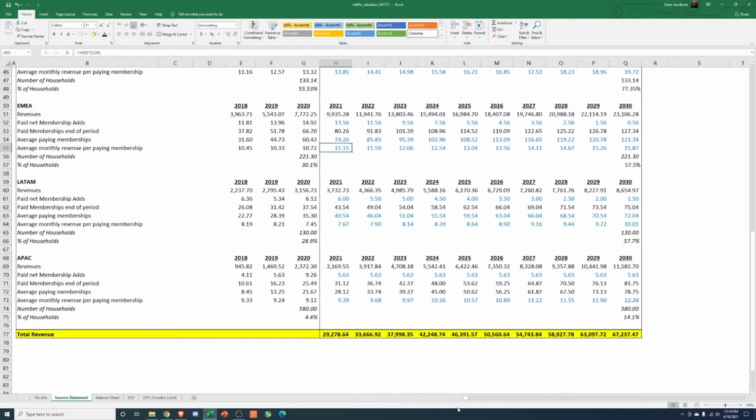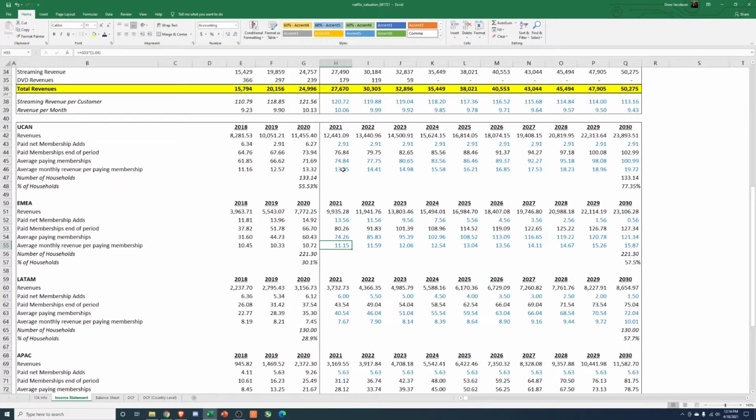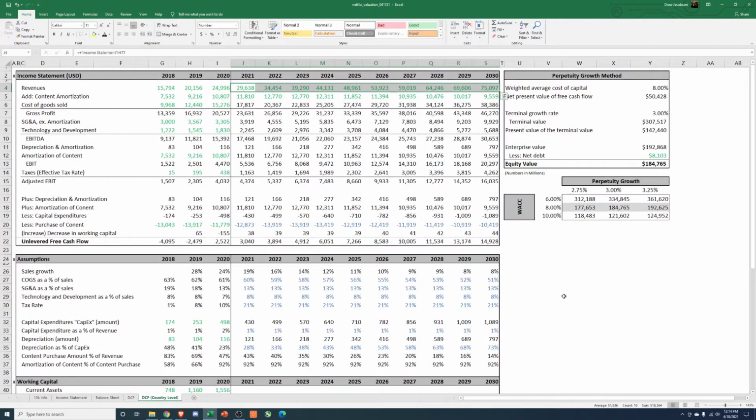And what do we have here? Faster than inflation in EMEA and in the US. And maybe in the US they can even be more aggressive, right? Like, we want our Netflix. I'm going to be paying $30 a month by 2030. So maybe 6%. Let's do that. Or 7%. You could make the argument they're just going to really take advantage of US consumers. Something like that, and now you get 170, 200.